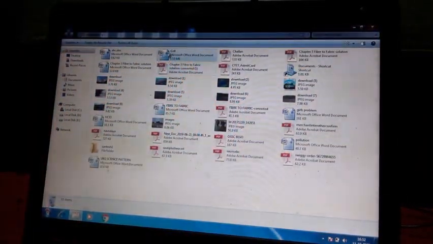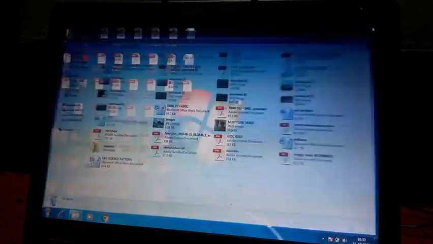Let's see here Cell, the file. The deleted file will be automatically transferred to the Recycle Bin. Okay.